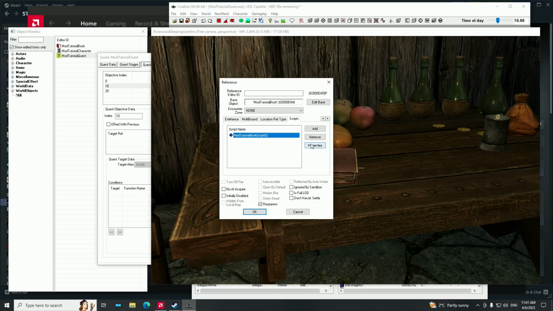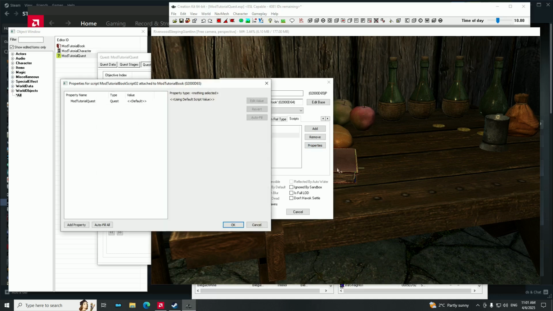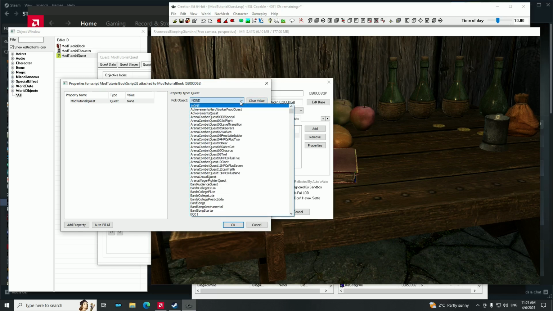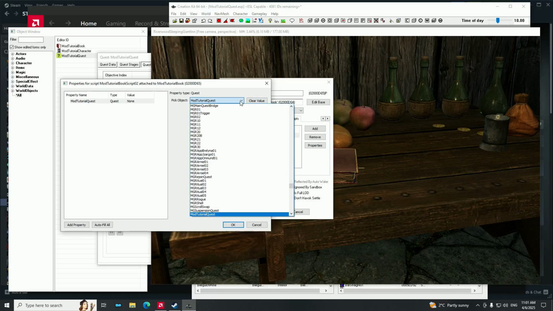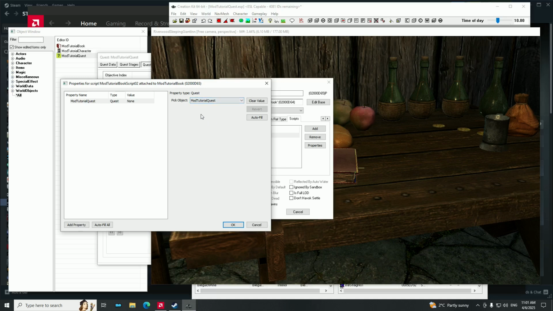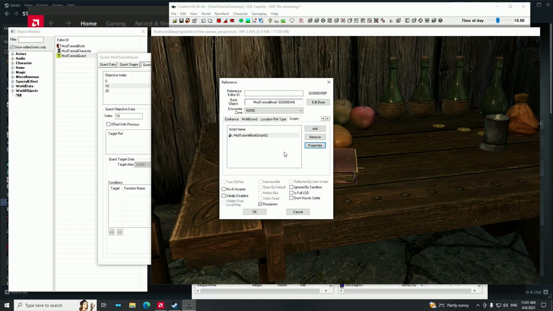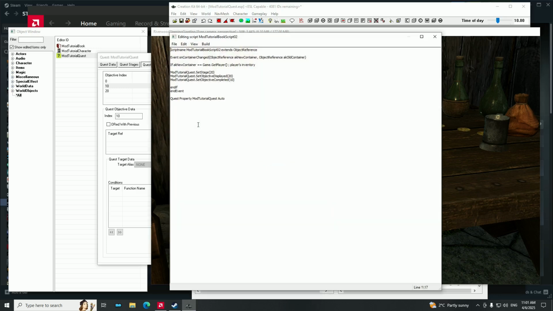However, we're not quite done yet. Before we close this menu, if you do close it, just reopen it, it's fine. We're going to go into Properties, and we have to actually set the property. We're going to go ModTutorialQuest. Okay, so the reason we have to set the property separately is because although we've told the game that